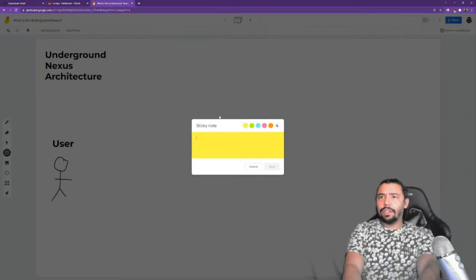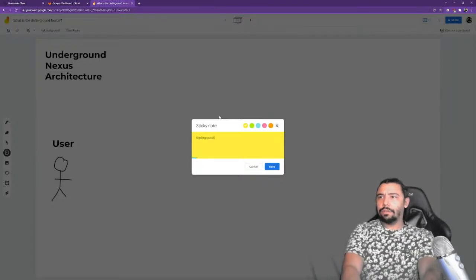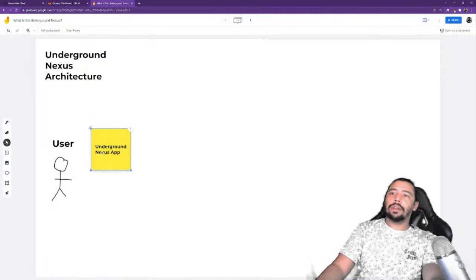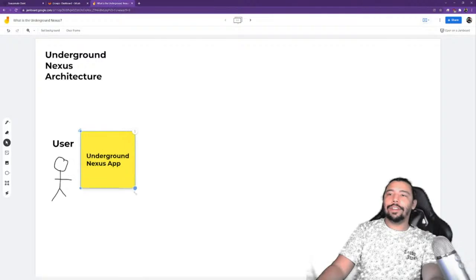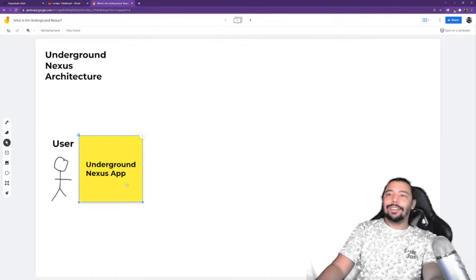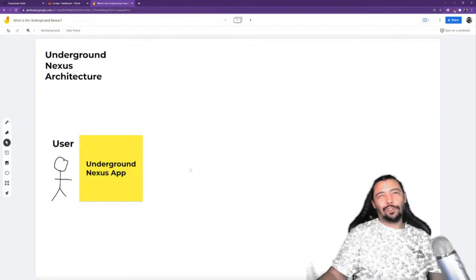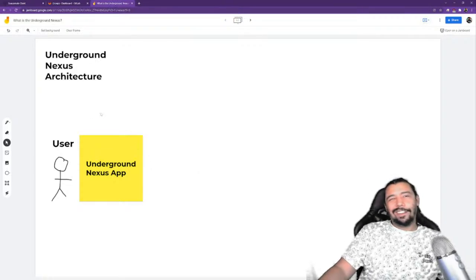So the Underground Nexus is like I said, just like a virtual machine in an application. If you have the money to afford virtual machine farms and stuff like that, then great.